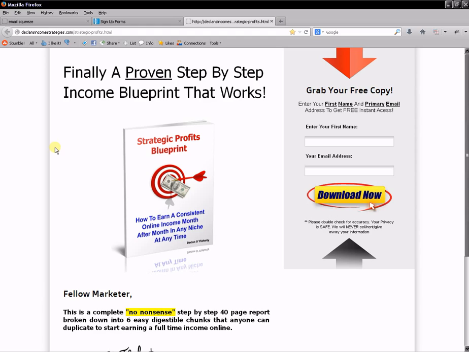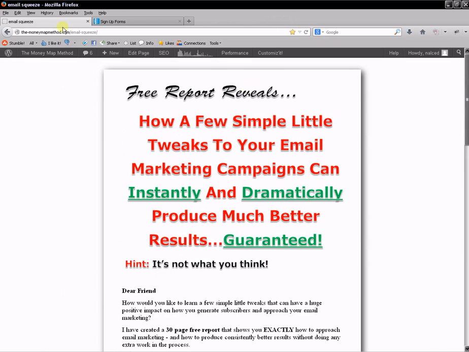But be prepared that most of the people who opt in on these squeeze pages are not going to be high quality subscribers. That is just a fact. So that's that out of the way, okay? What you want to be building is a squeeze page like this. And I'm going to give you the statistics to show you why you should be doing this.